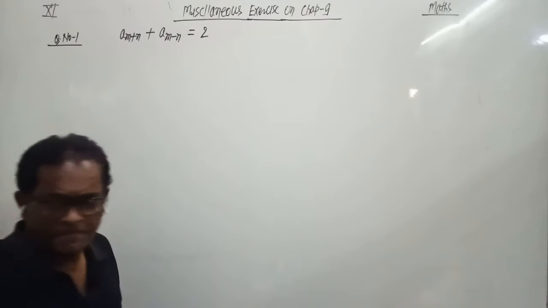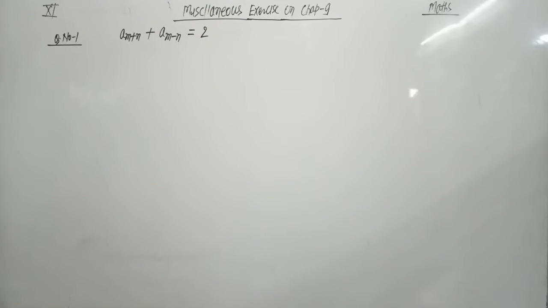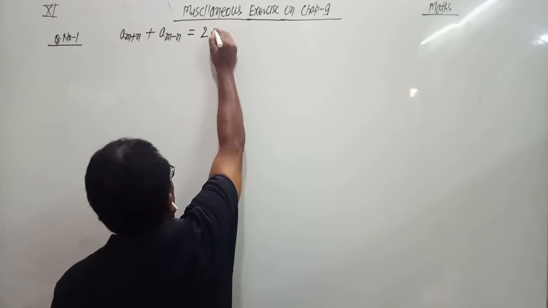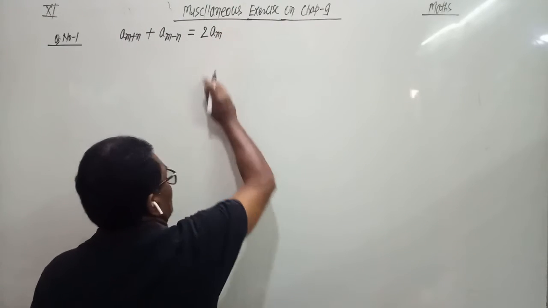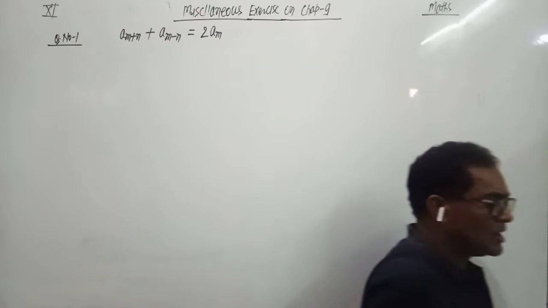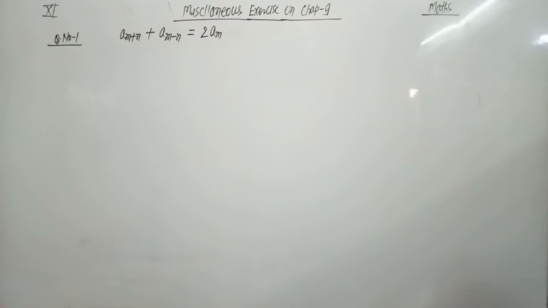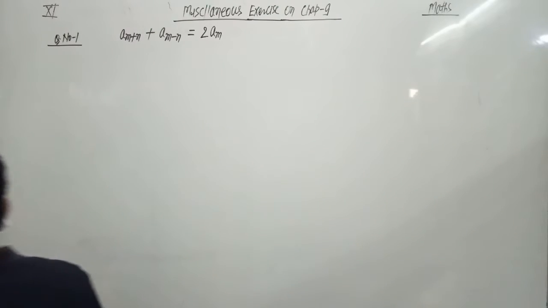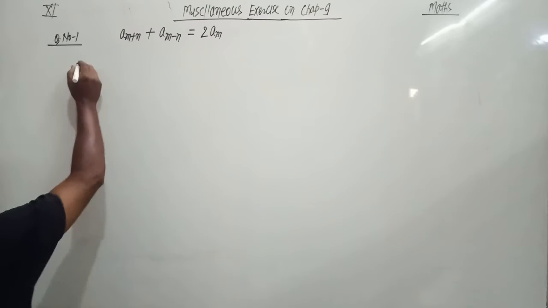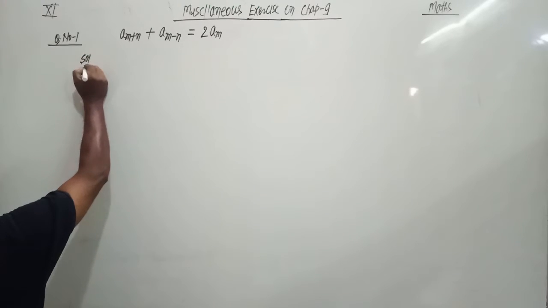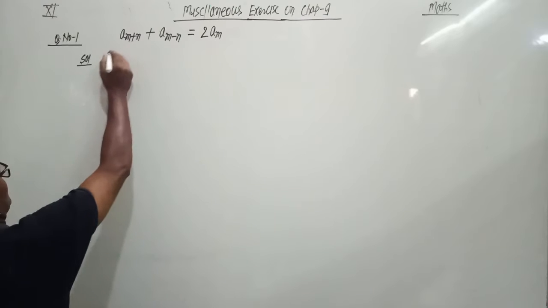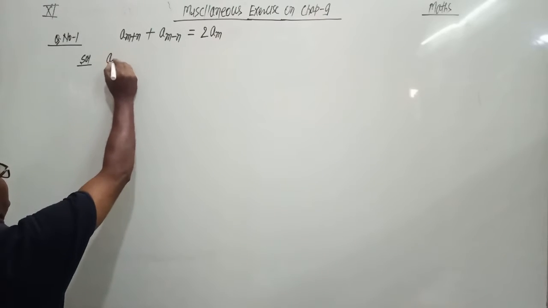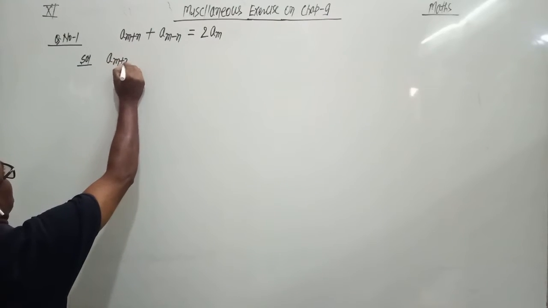twice the mth term. We have to show that the sum of the m plus nth term and the m minus nth term is equal to twice the mth term. So firstly we find a m plus n,